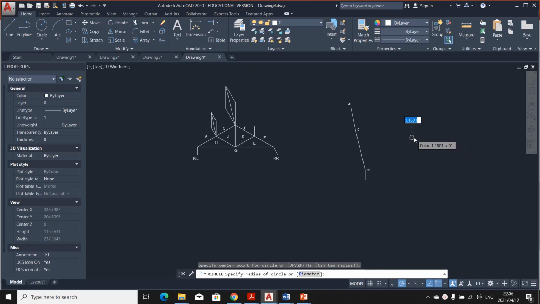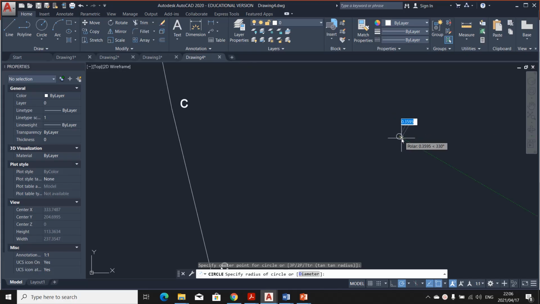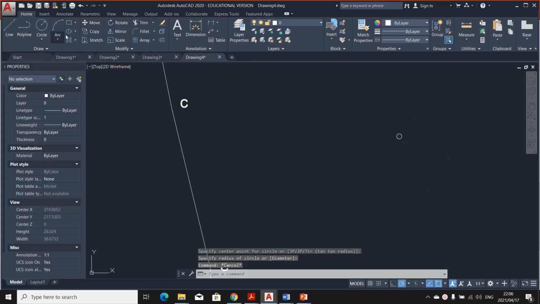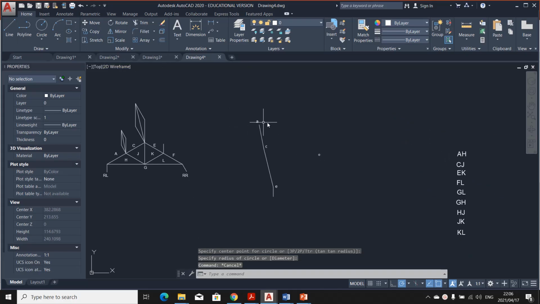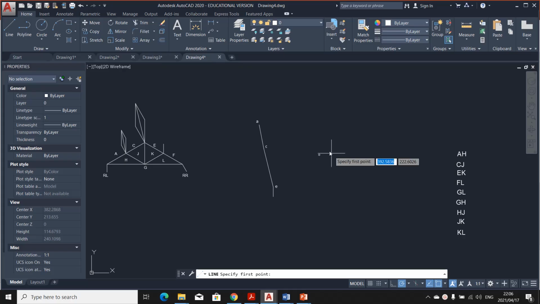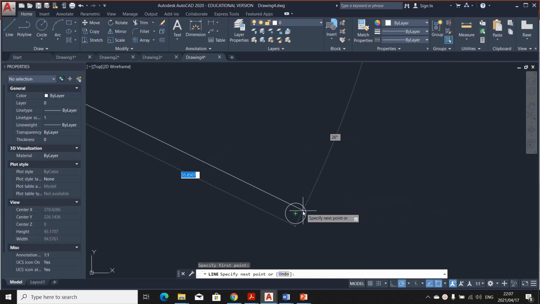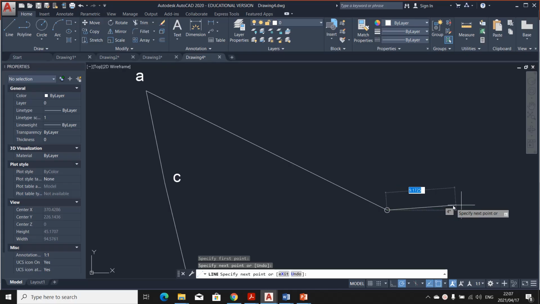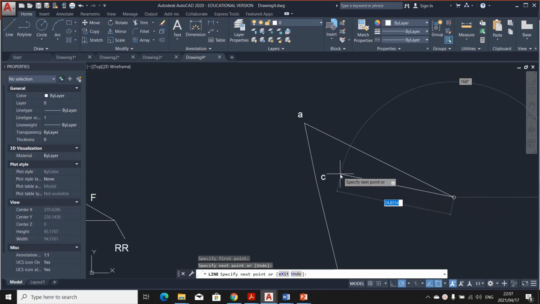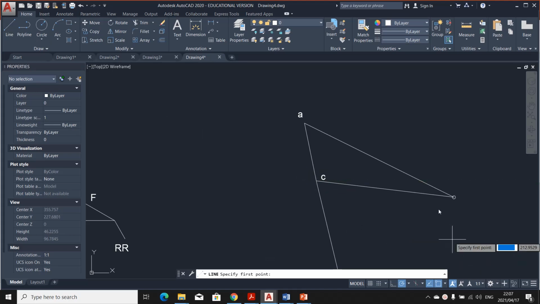Okay, so that would be my point O. Just a small circle there. All right, so now that I've done that, I'm gonna join. This is my point O, right? I'm gonna join AO very quickly. AO, CO. All right, I'm gonna join